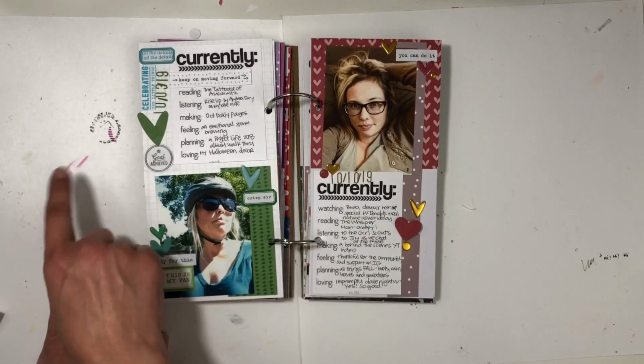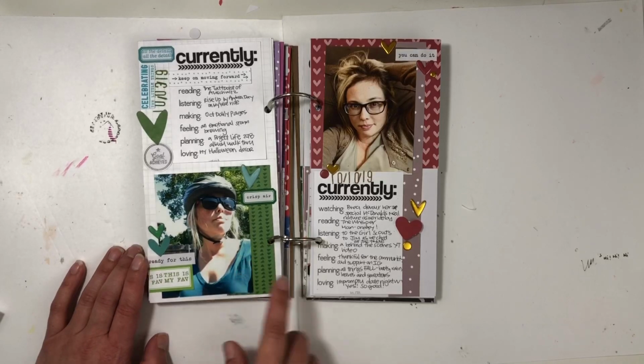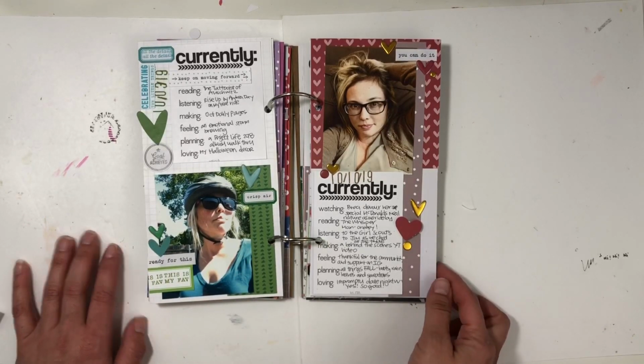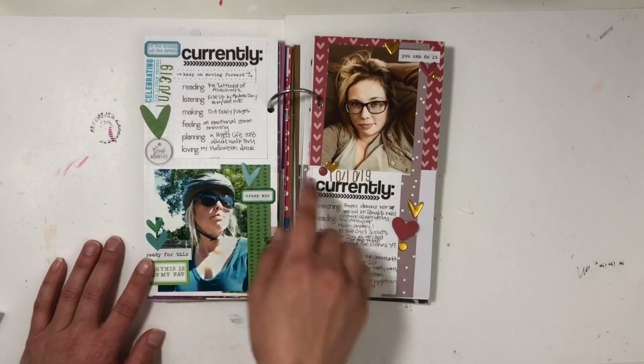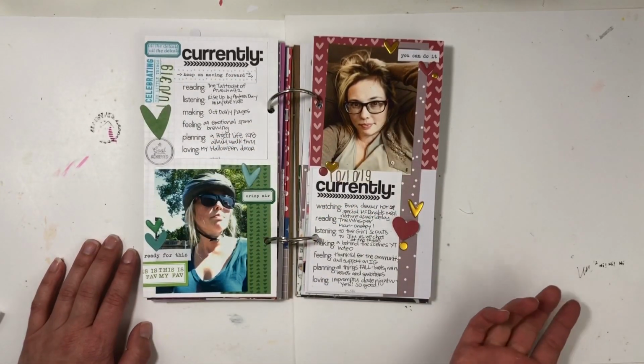So this is, I just decided, of course, to use green and blue. And I basically just dig through my Elle Studio stash and make a tray of embellishments, so that I can find something that will work for this page. And once again, covering up the watching. Usually when I do the watching,